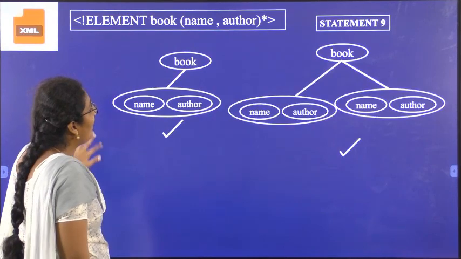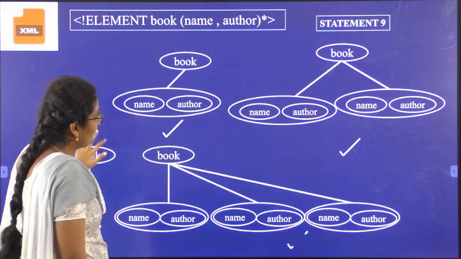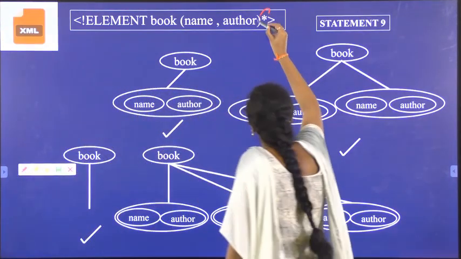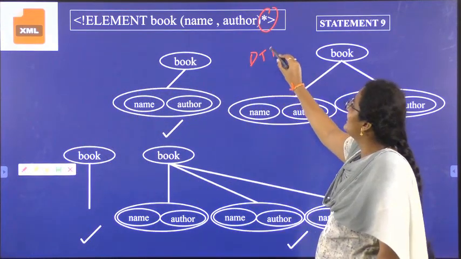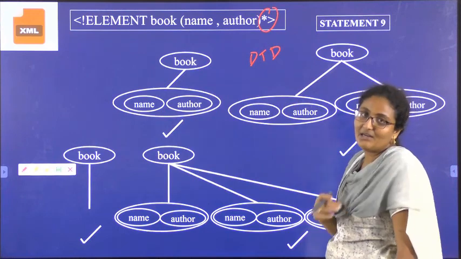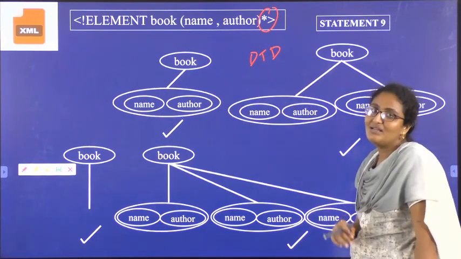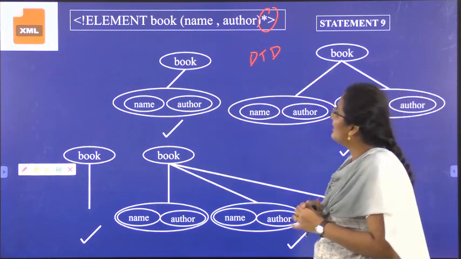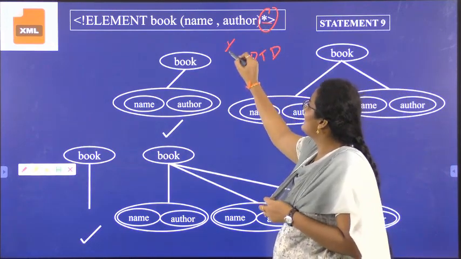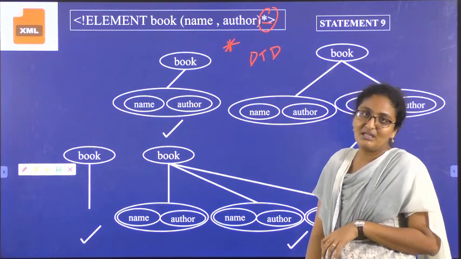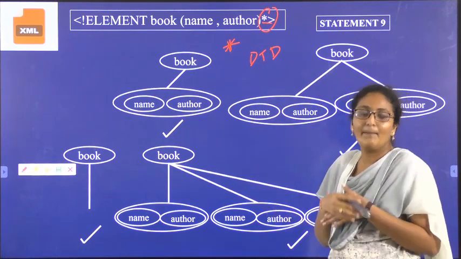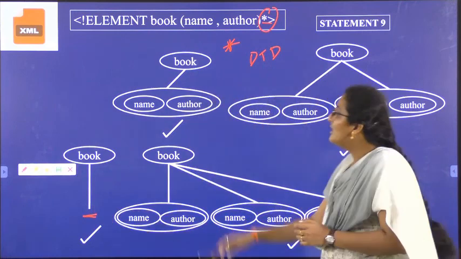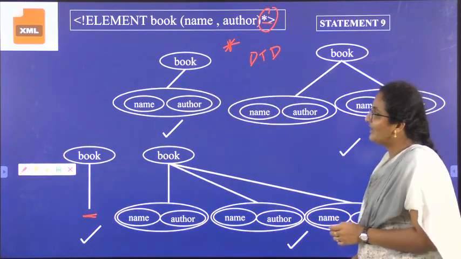Finally, when you have the asterisk, everything is correct. So you have the asterisk symbol here. We are talking about DTD. DTD means document type definition. Here we have symbols, and those symbols have specific meanings, and we are seeing examples further. So what is the symbol we used here? Asterisk. The meaning of the asterisk symbol is that it can appear as many times as it wants, and it can also stay without appearing. So all the representations are correct.